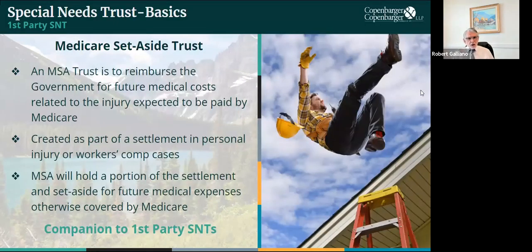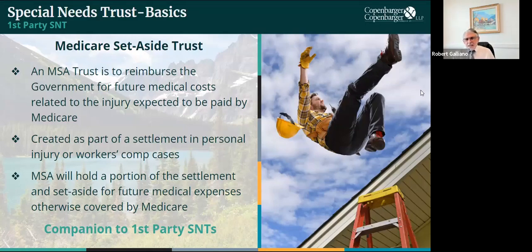There's another term that I want you to be familiar with, and you may not have heard about this. It's not very common, but it's called the Medicare Set-Aside Trust. What is the Medicare Set-Aside Trust? This is an interesting type of trust because it generally is only implemented together with a first-party trust, and that happens to be a type of trust that is created to reimburse the government for any future medical costs related